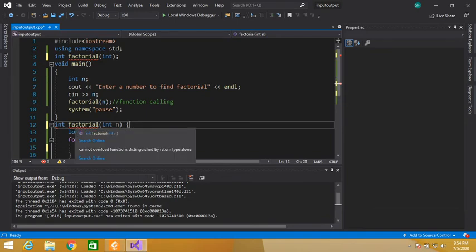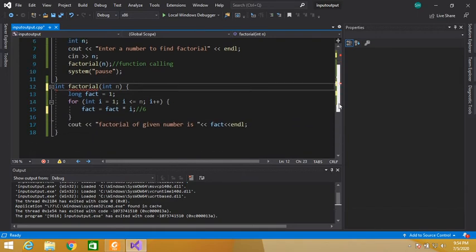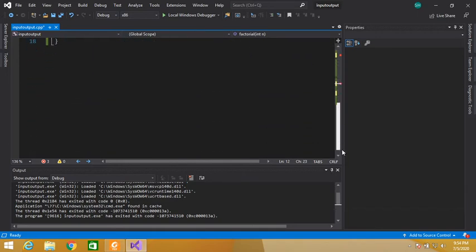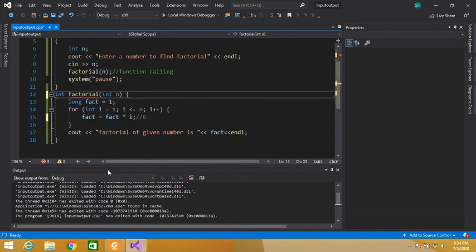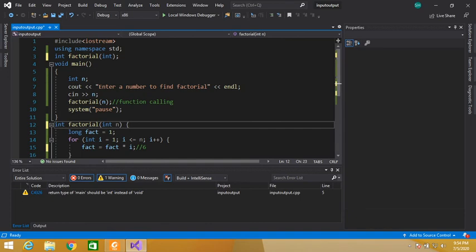We have to see the errors. So the error goes away now. So this function returns a single value.